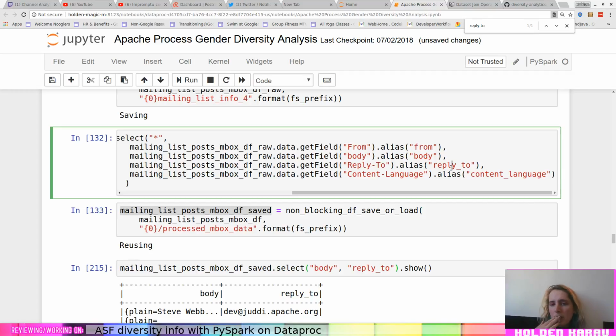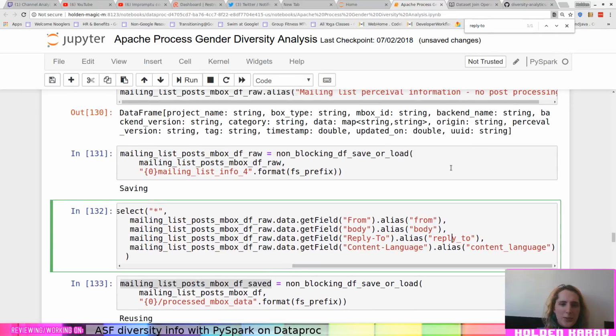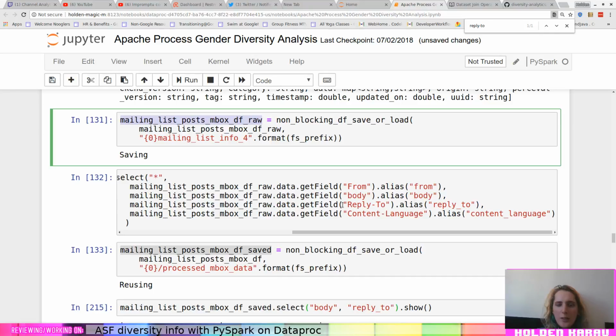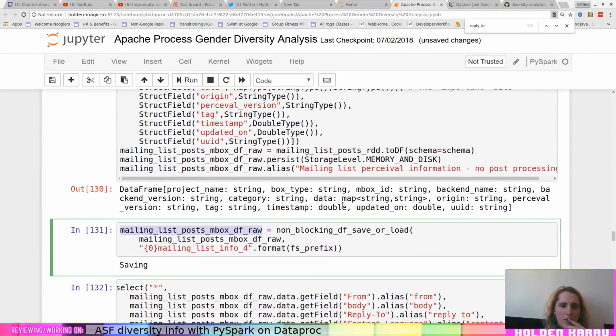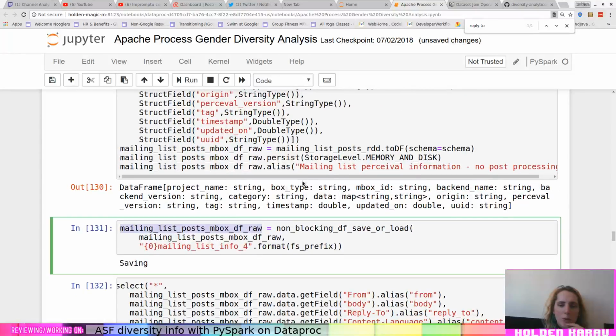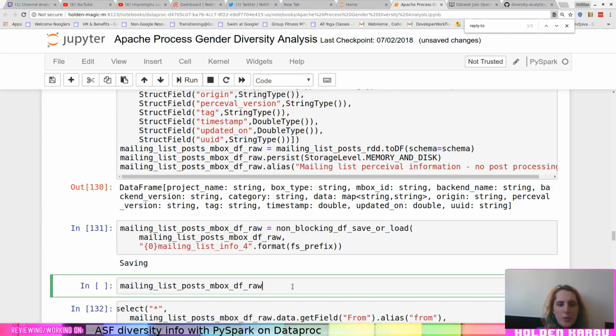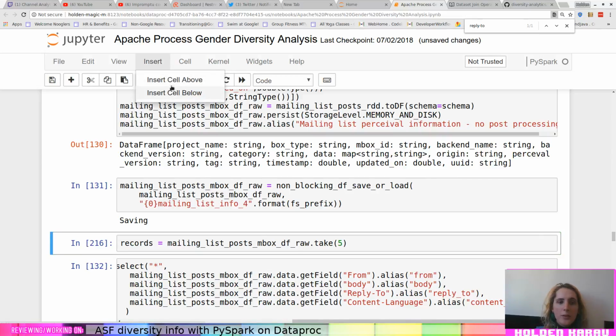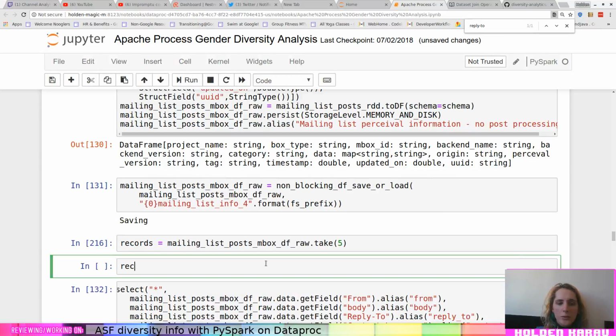Huh. This was interesting. Okay, let's go back in here and try and figure out what data it is that I want to extract. So insert cell below dot take, insert cell below records.